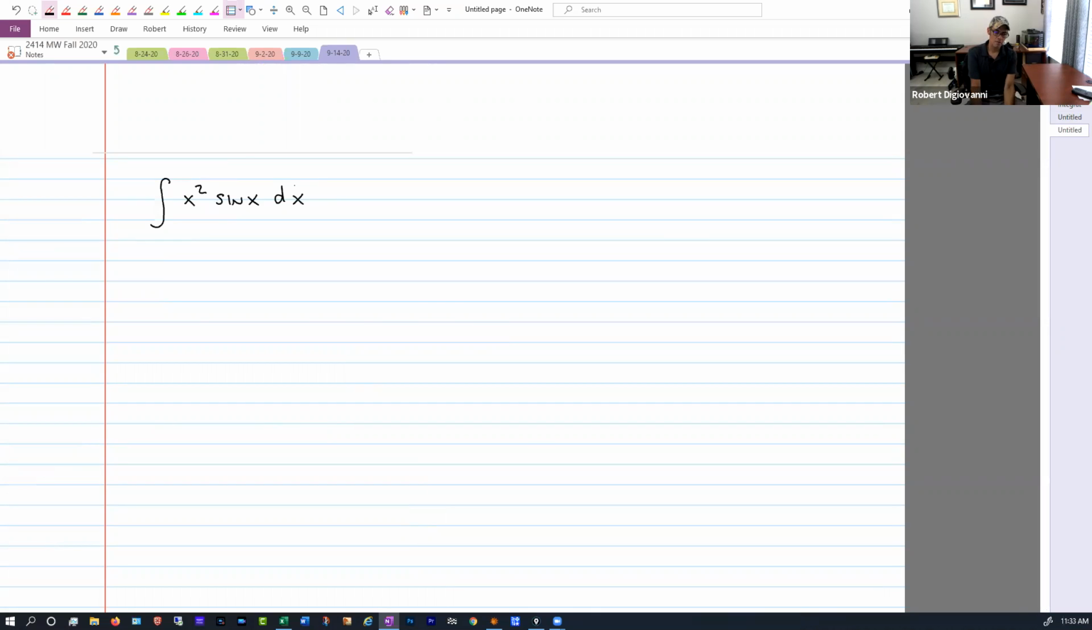So I'll let you sit there and look at it for a second. Think about it. You're like, okay, this isn't something from Cal 1. Power rule is not going to work because that sine is attached to it. Basic u substitution. Do I see something in its derivative? I kind of see something in its derivative. If u is x squared, the derivative of that,